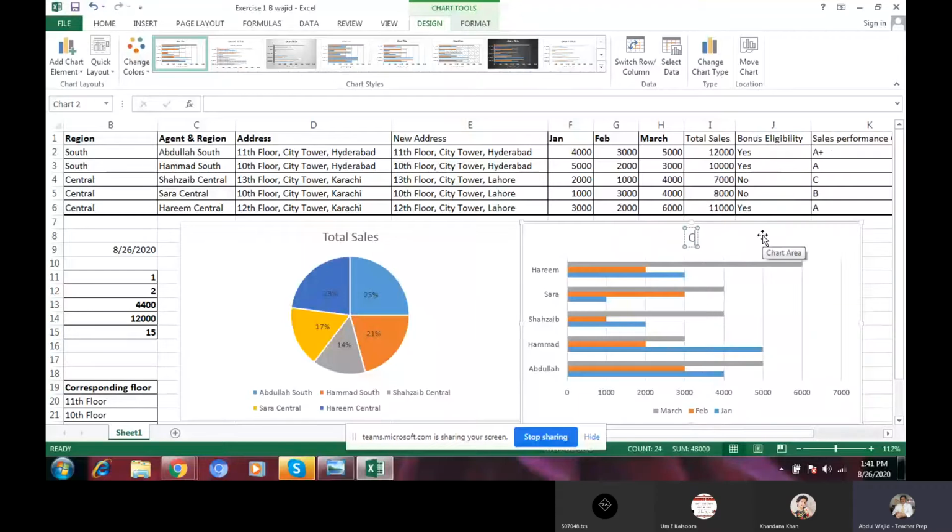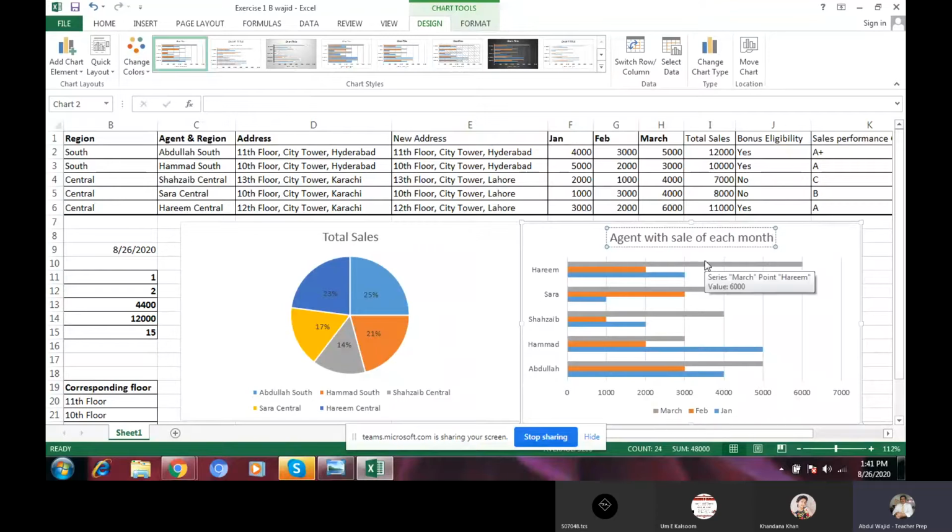Now you give the name agent with sale of each month. Okay, of each month, right? Because the sale is January, February, and March.